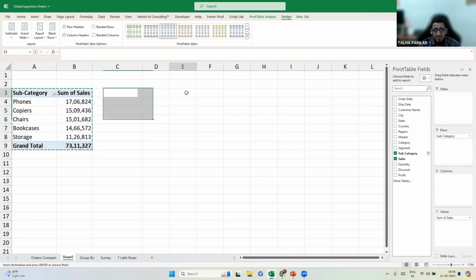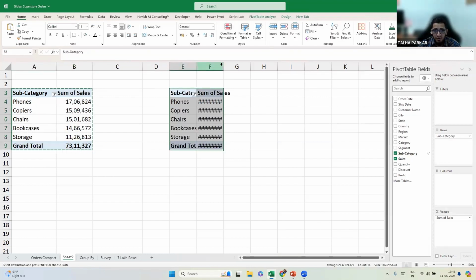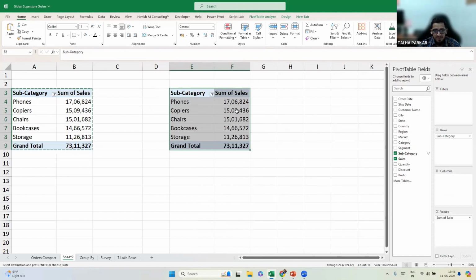I'm going to copy this pivot table and paste it right here. When you copy and paste a pivot table, it retains the pivot table. It does not just paste the data. The entire pivot table gets pasted. And now here, what I'm going to do is